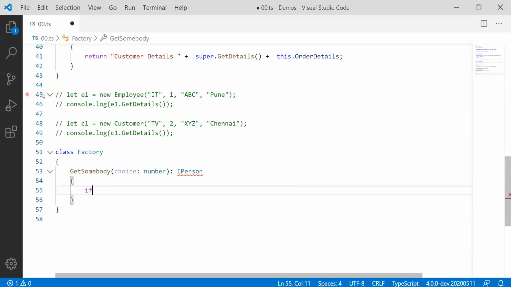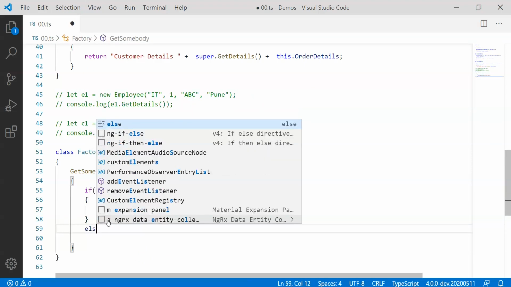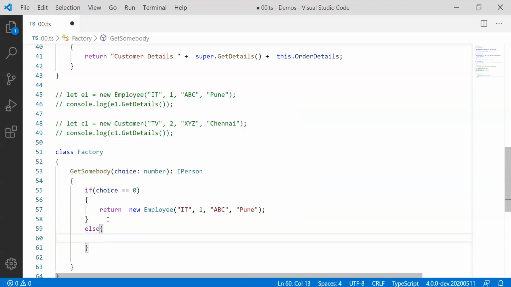We'll have a comparison here: if the choice is greater than or equal to 0, then I would return a new object of employee, which is a hard-coded object. And in the else case, if it is not 0, let's return a new customer from here.